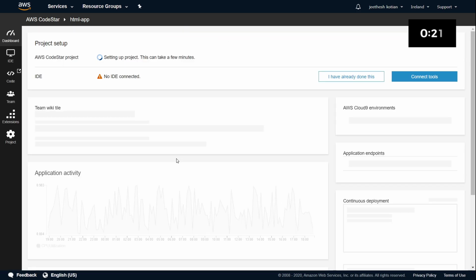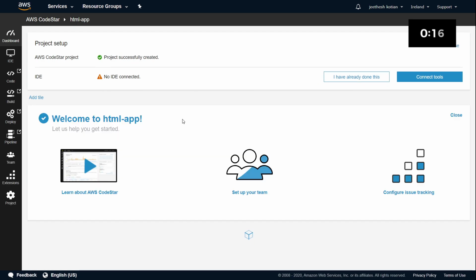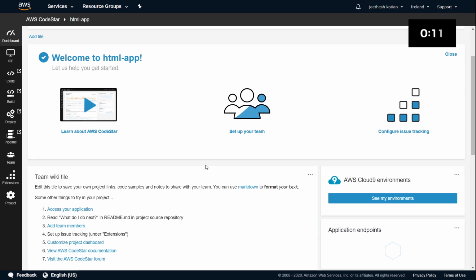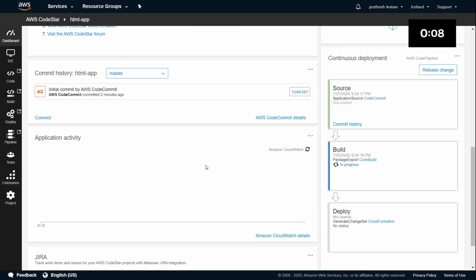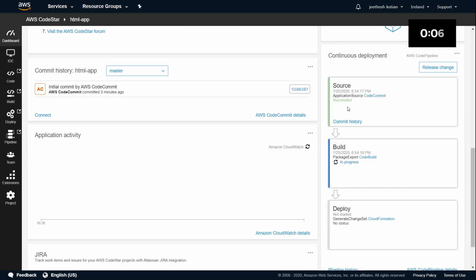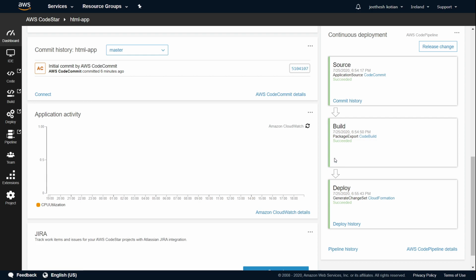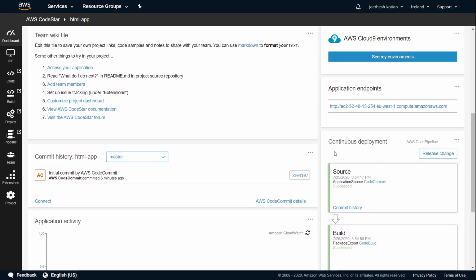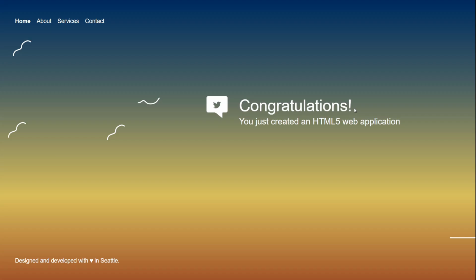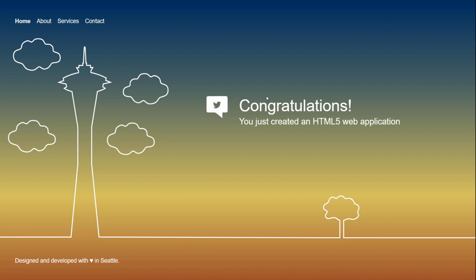The setup of the project has started. So if you see, it will take some time to set up the project. So if you see now, the project has successfully been created and it's loading the other things. And if you see, the initial deployment or the initial setup of the application is in progress. So this has all the continuous deployment pipeline created by default. Awesome. So the deployment has been completed, and once the deployment is completed, if you see, there's a link provided. Just click on the application endpoint. So congratulations, your first application deployment using CI/CD has been created.